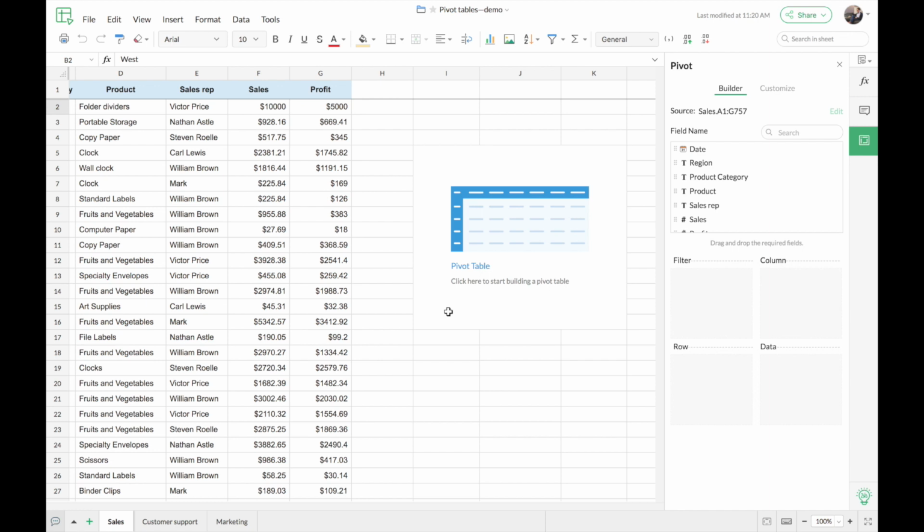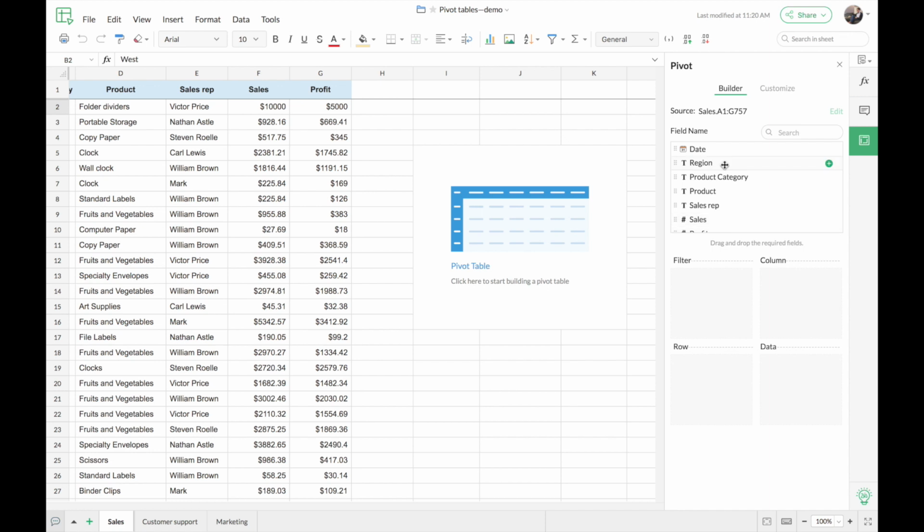Coming to the pivot table builder here, on top, you can see that all the column headers from my table have been detected as field names here. From this list, I can simply drag and drop these fields into these boxes given here to build my table. As I had previously mentioned, we are going to build a table to see the region-wise sales of each product category. So the three fields we are going to use are region, product category, and sales.